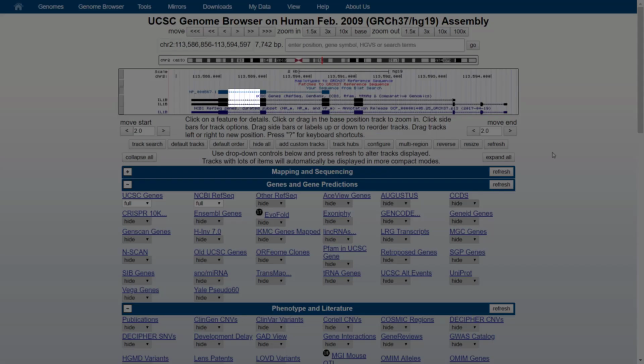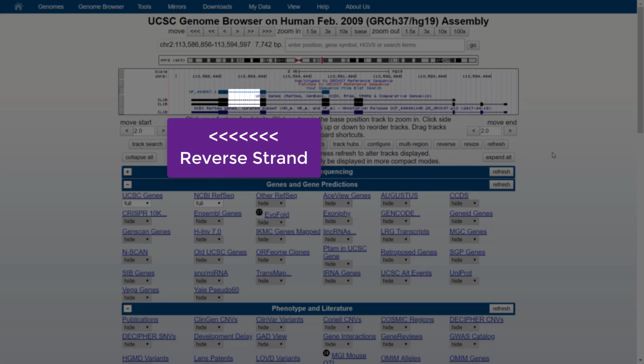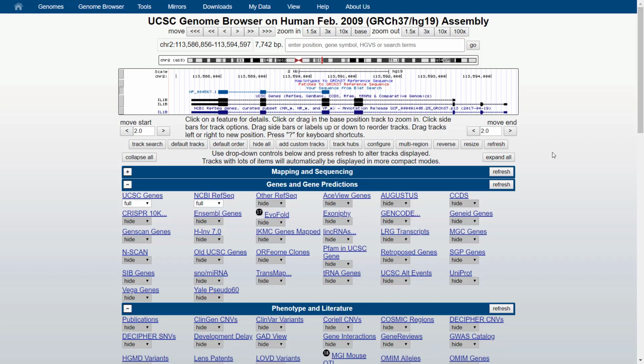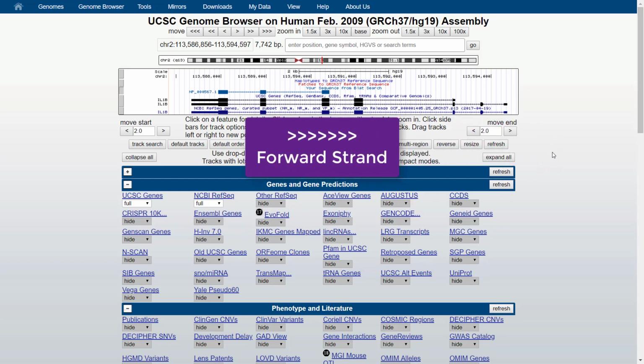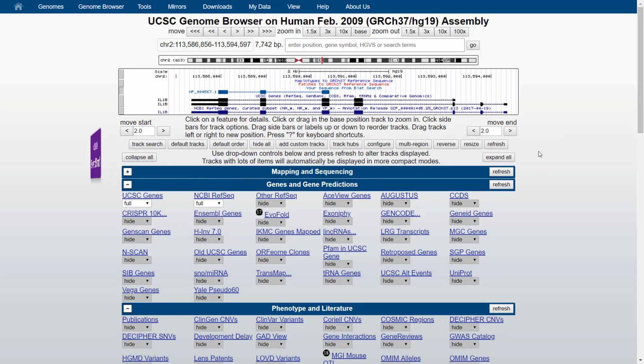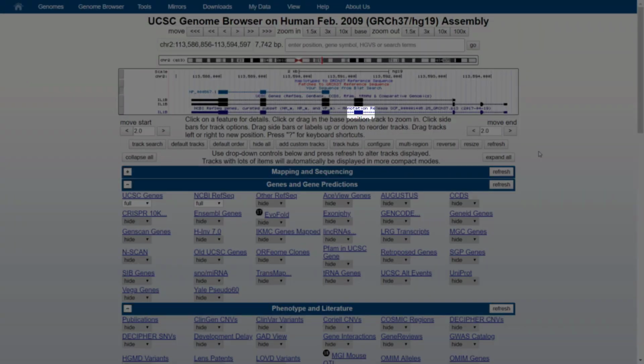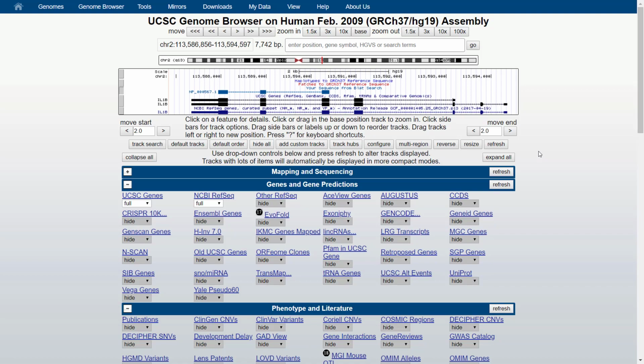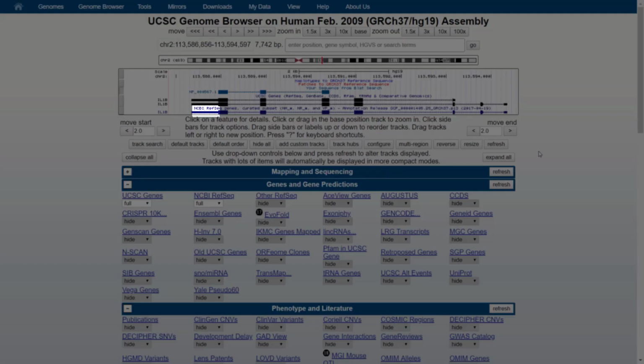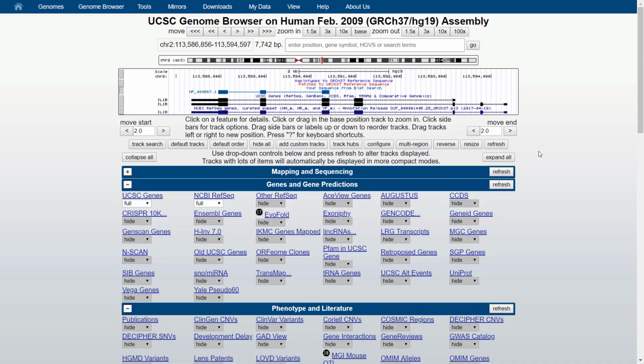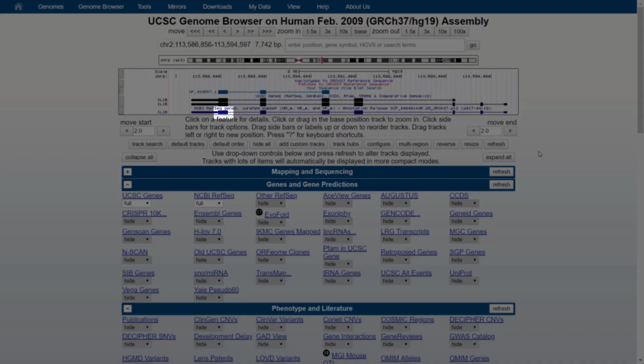The interleukin-1 beta is located on the reverse strand as the sign's direction goes from right to left. Genes that are located on the forward strand have left to right signs. Exons are presented as rectangle blocks, whereas the introns connect them with lines. Untranslated regions in the exons are presented with thin rectangle blocks, whereas the coding sequences are presented with thicker ones.